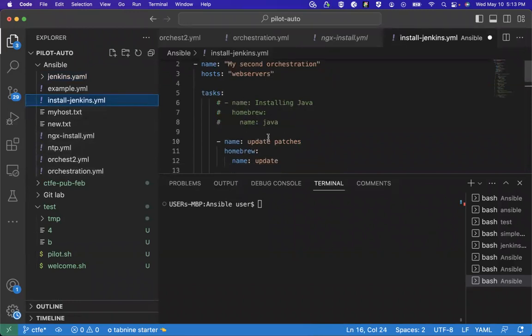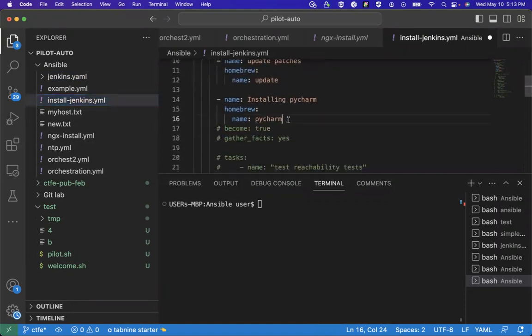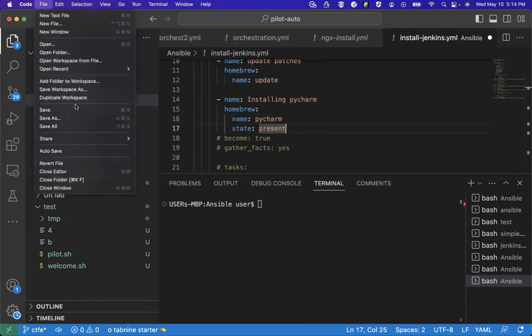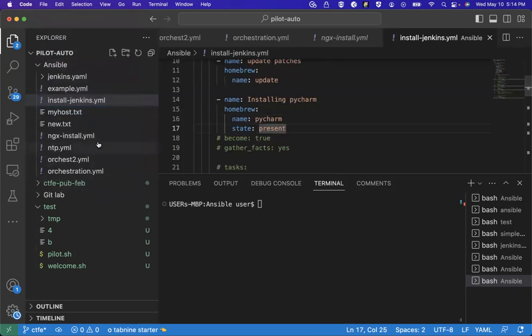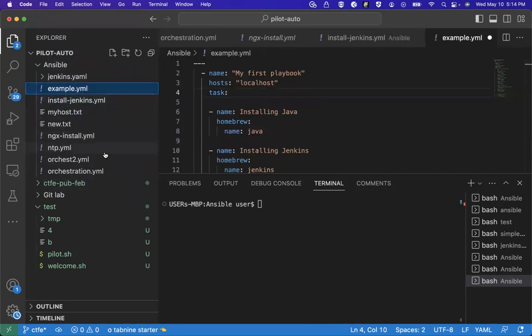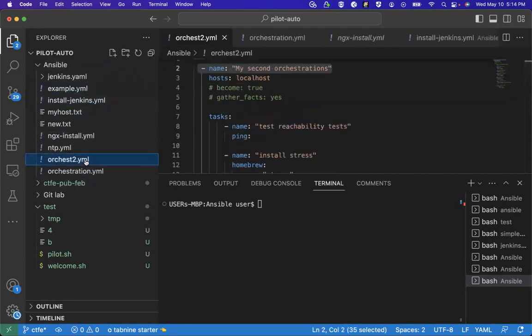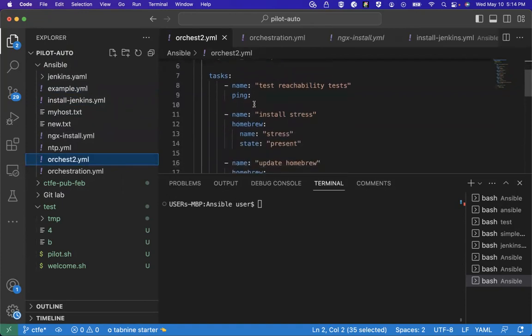Now let's put this thing here. Let's give it these two conditions. What does this condition mean? It means that if it exists, it should not install it. But if it does not exist, it should install it. Now let's run a single ping. Maybe you want to ping that server to see if it's working. You understand me?